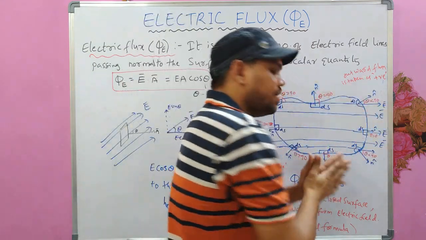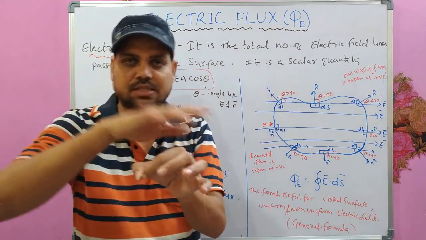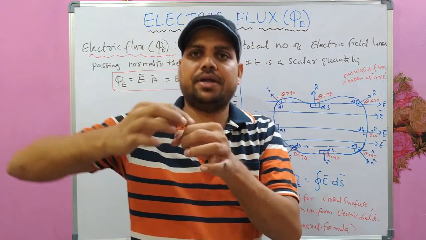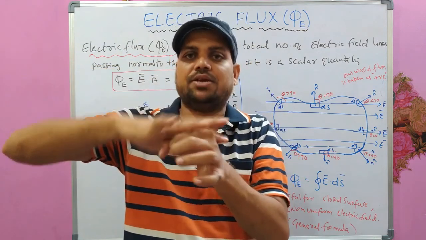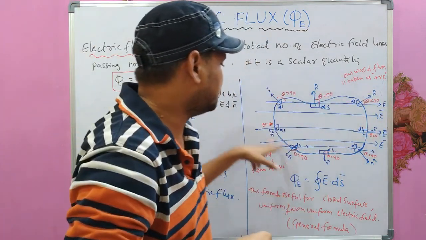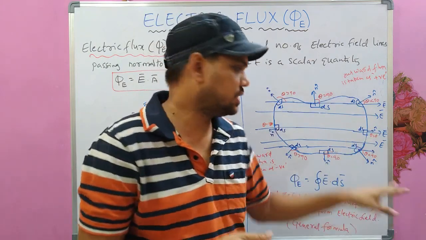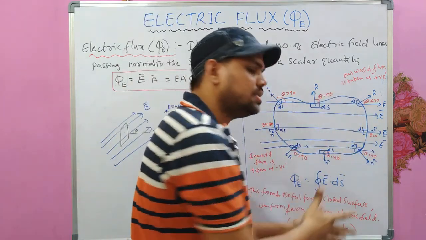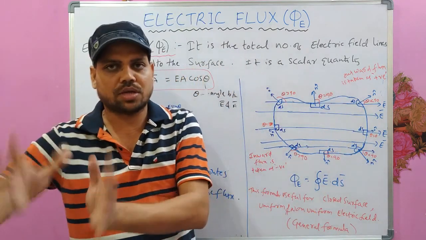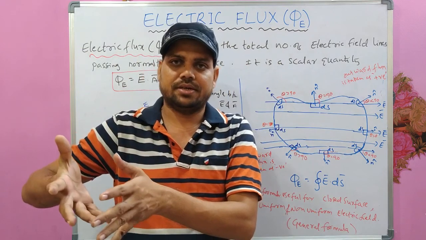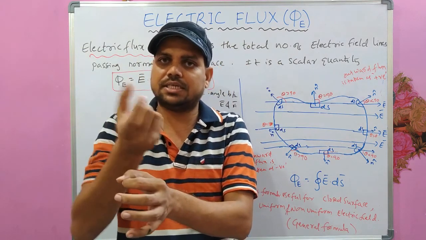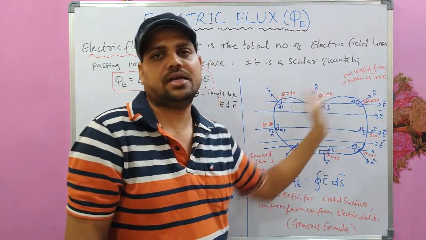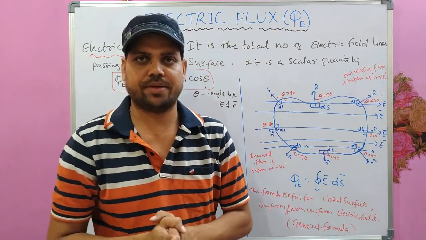So similarly everywhere, if you consider a small segment on the surface of this body, the area vector is perpendicular to the small segment plane that you have considered. n cap represents the direction of the area vector in each case. And if I want the total area of this surface, then I have to integrate, or sum up, all those ds, the area of each segment. Then I will get the total area of this irregular shaped body or any 3D surface body.